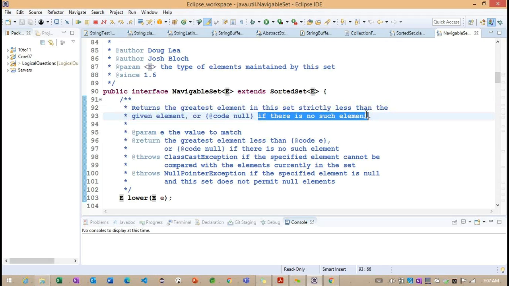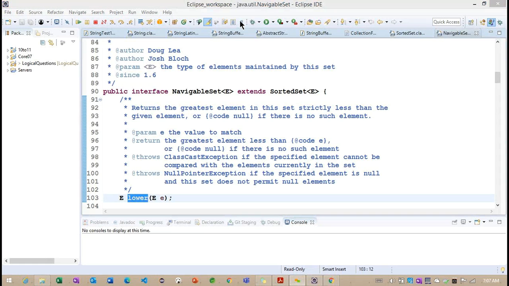If there is no such element, if this condition is not matching, we get null. So this method will return null when the condition is not satisfied. If the less than condition is satisfied, it returns the greatest element. Getting the point? This is the purpose of the lower method.